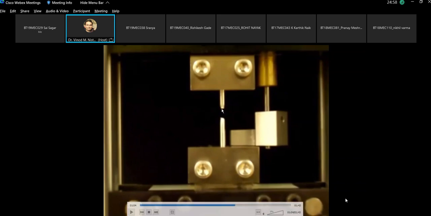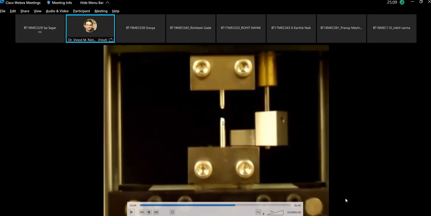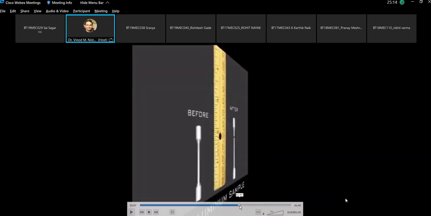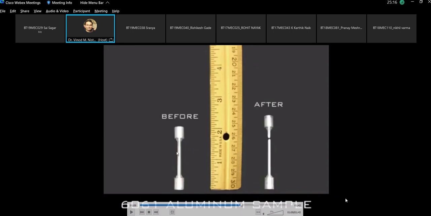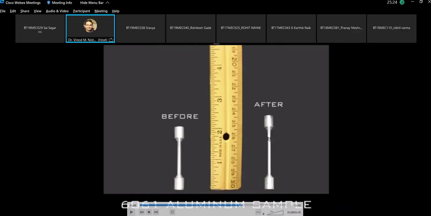For the same material, if you test different samples repeatedly on the tensile UTM machine, then you can see the failure of the sample at different places. Okay, so this is one thing, and here you can see the before and after images of the sample. After some elongation, there is a reduction in its cross-sectional area, and it breaks down at the position of the imperfection. So we can say that there is some void inside the sample here.